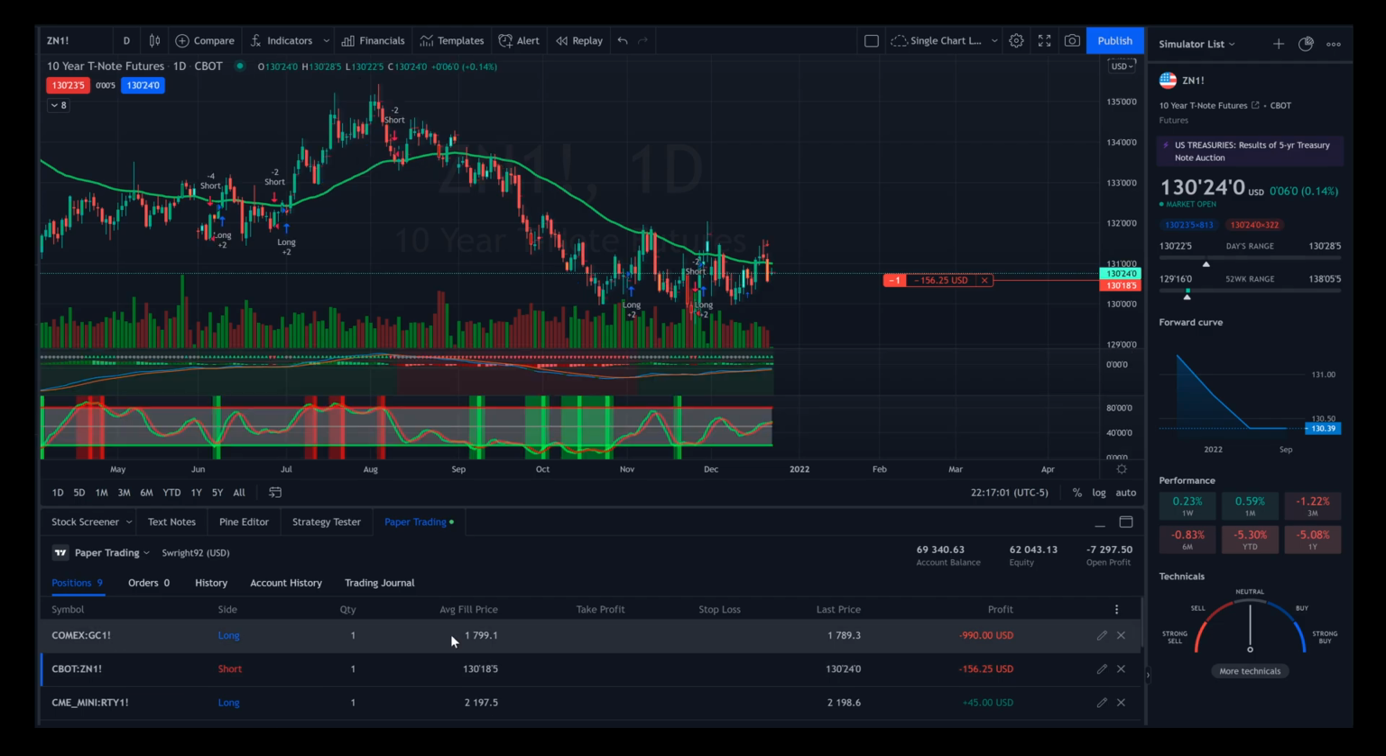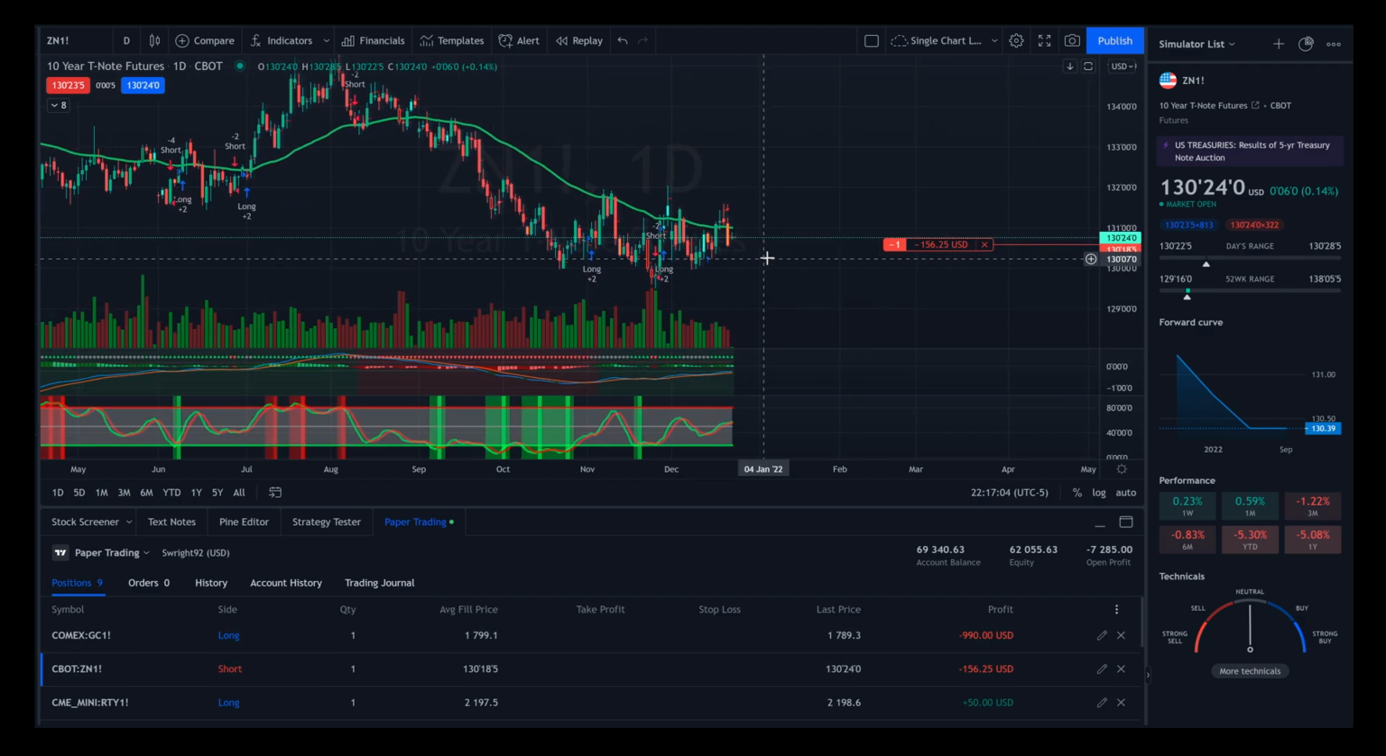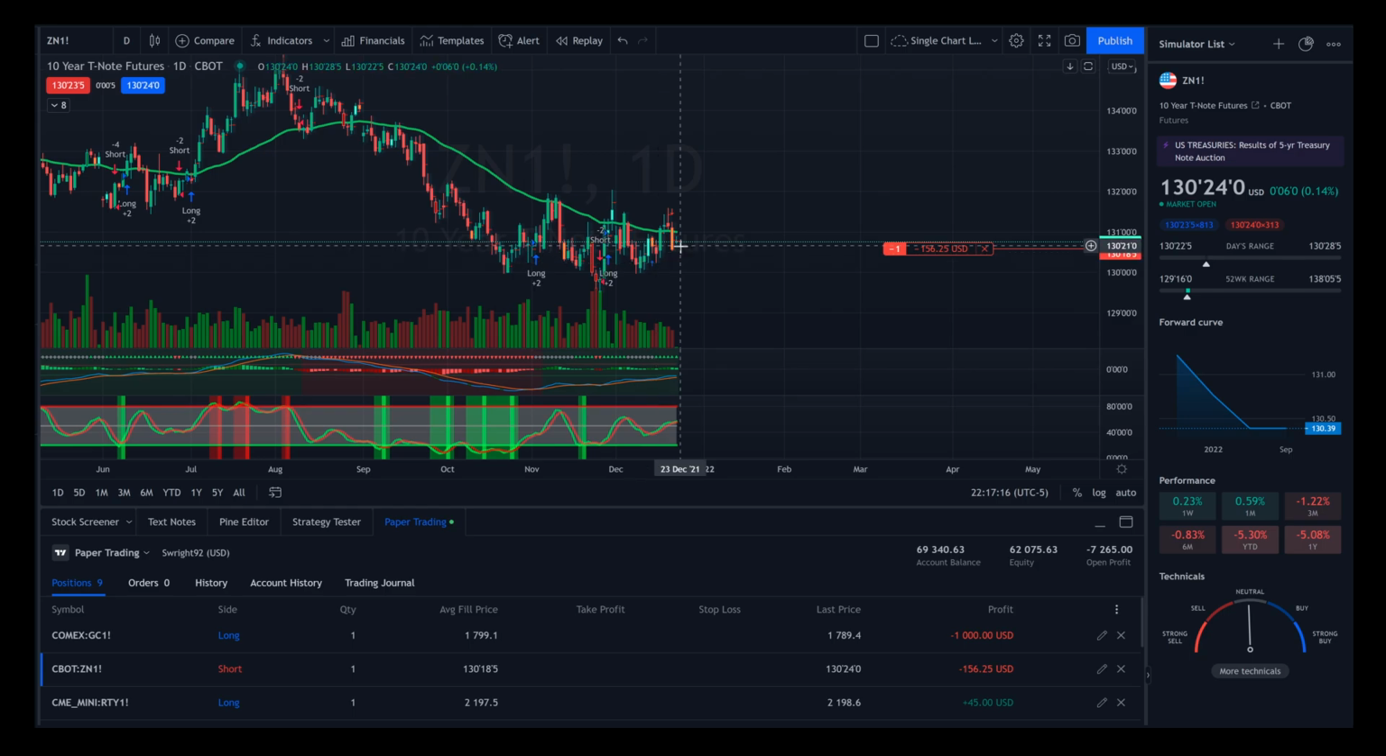Alright, so moving over to the 10-year. We are currently short on this, and it looks like we do kind of have a symmetrical diamond forming here. So for the time being at least, I'll give it another day or so before I decide to switch this to a long position,